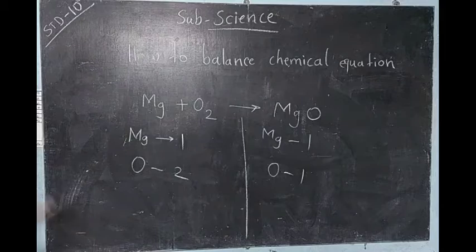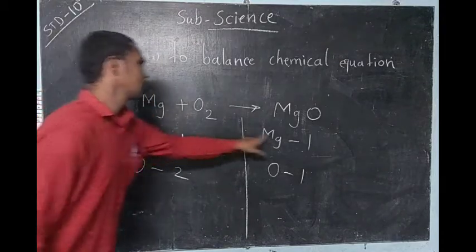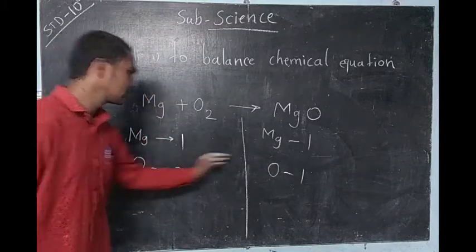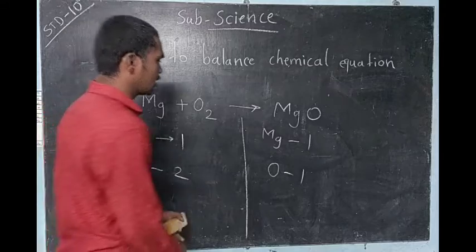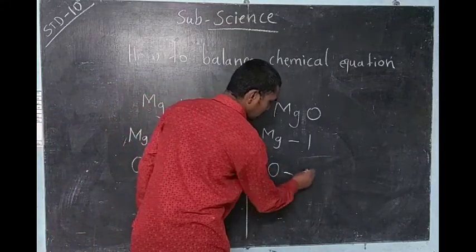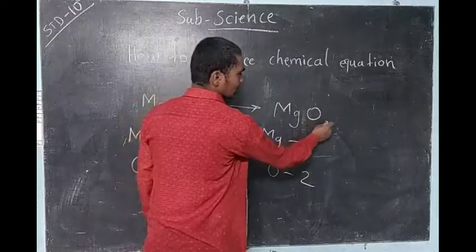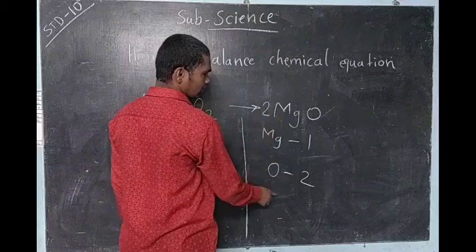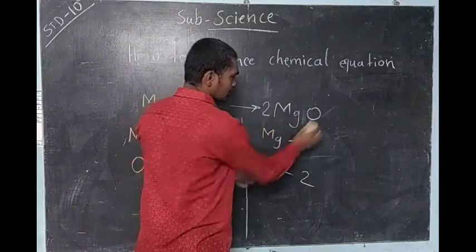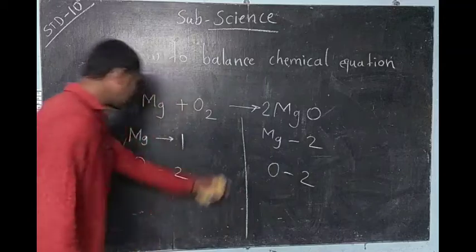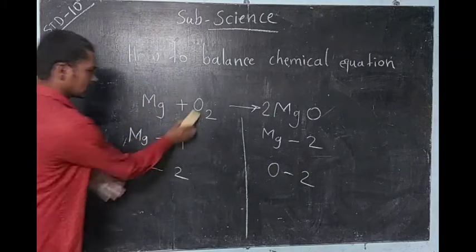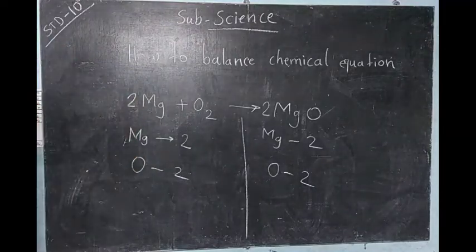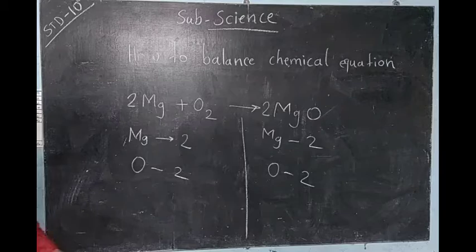So which is the lesser number? See, magnesium is the same number, and oxygen here 2, here 1. So where is the lesser number of oxygen? This side, means here you want to balance. So we have to write down here suppose 2 number. Correct? So don't write here 2. Wrong. You will change valency. So write down here. Oxygen becomes 2, but magnesium also becomes 2. So you turn here. See, magnesium is here 1. So here 1 to 2, means write down here 2 number. Okay. See, now we have balanced the chemical reaction.